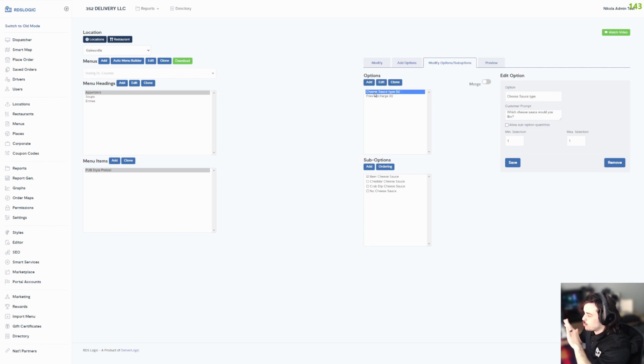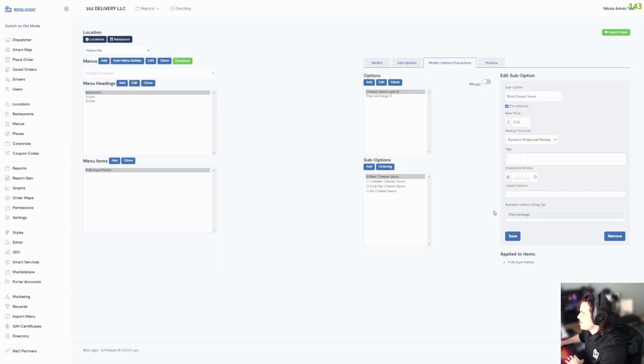We're going to click on whatever option we want to basically start building from, and we're going to select, for example, beer cheese sauce, right? Now, what we have here is linked options, and then we also have available options, and it says drag up. So what does this say? This means that any option that we create, and if we want to do it, we can, for this example,